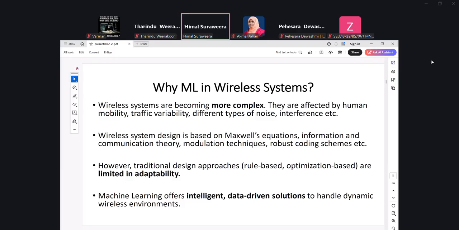At the beginning of this presentation, I will quickly go through some of the systems that we have researched, as well as other people are talking about, on how machine learning can be used for wireless systems. And in the later part of the presentation, I will discuss how wireless systems can enable machine learning applications as well. I'll give you two examples.